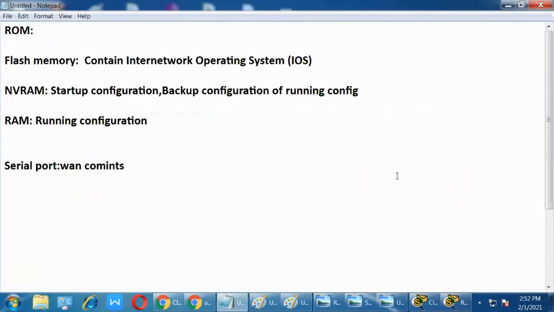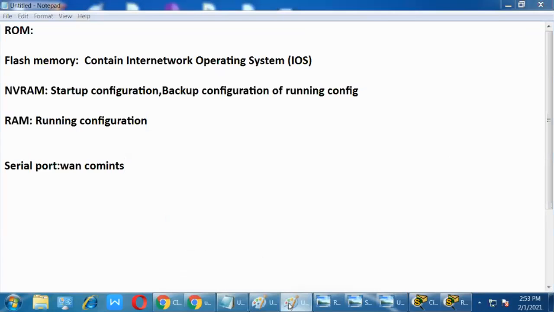we need to learn the internal components of the router. This is the external. So what are we learning? How many ports? How many connectors? One port available on the router, related to the external ports, is called the console port. Console is written on the router. With the help of the console port, for which purpose? The first thing is to physically log into the router. For that purpose we use the console cable.